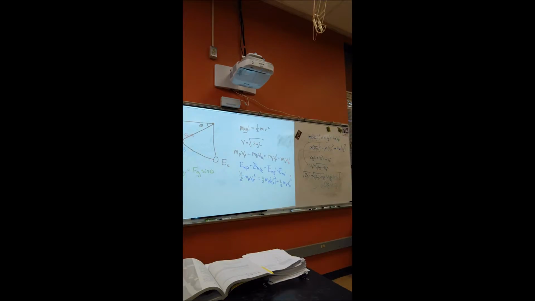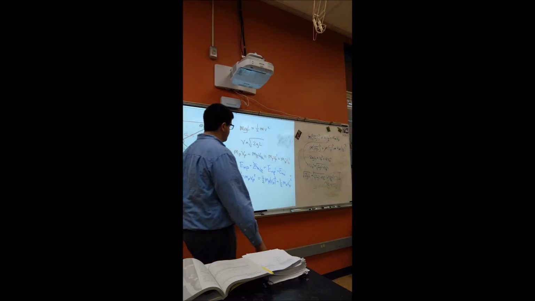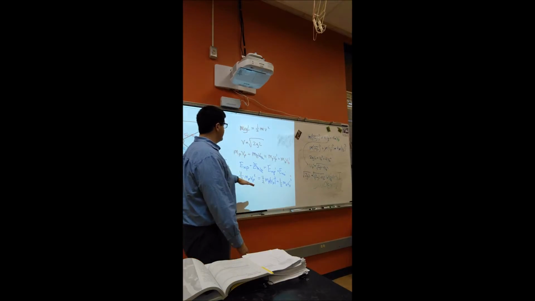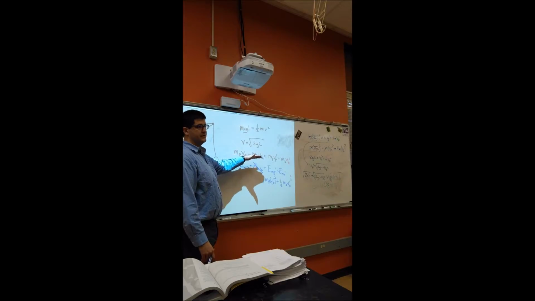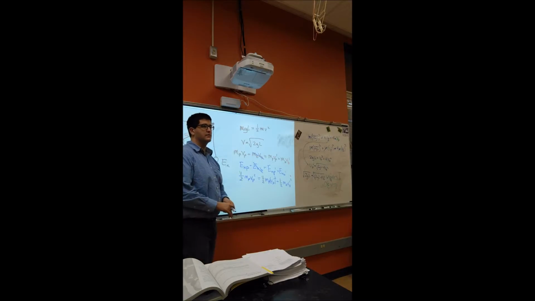I cannot imagine you guys have seen all the different practice problems. This is not going to be the type of algebra you're going to be doing on the test. But the concept is one I want to make sure you get. In order to solve an elastic collision problem, you have to first use conservation of energy, and then use conservation of momentum, to get your two unknowns disappearing.